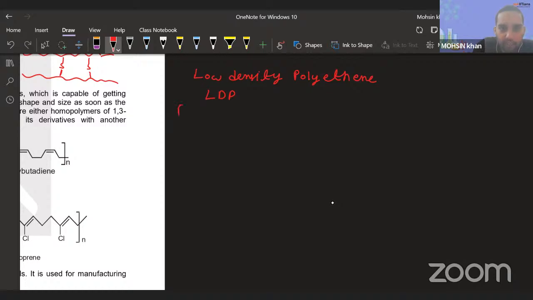So if we are talking about the preparation, for low density polyethylene, we require high pressure. High pressure from 1000 to 2000 atm is required,